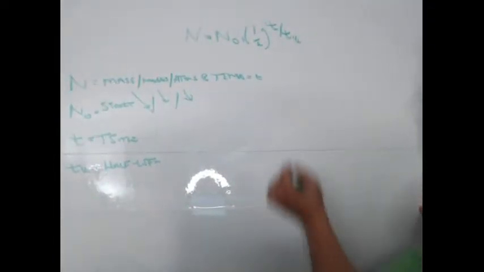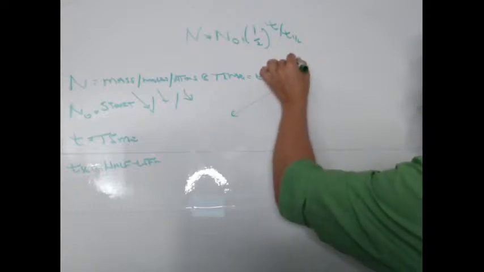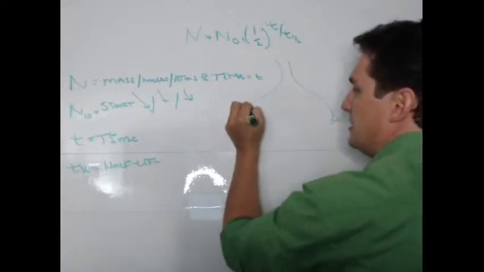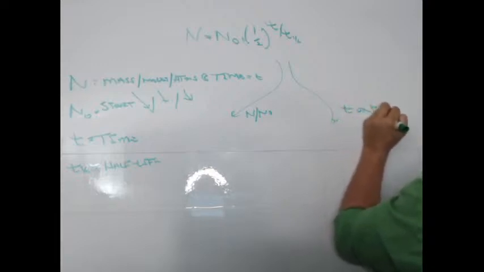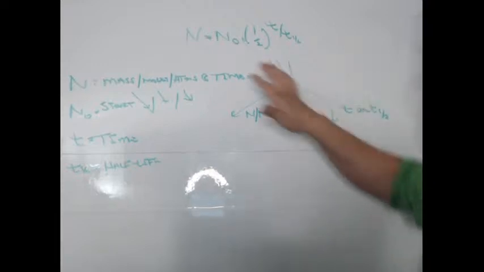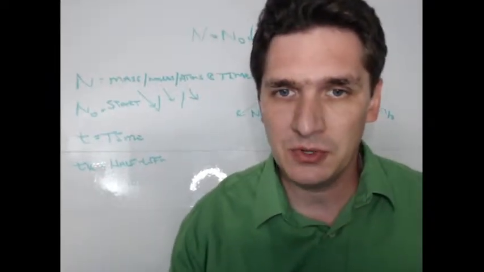So there's two varieties of these problems. One is solving for N or N naught, the other is solving for T or the half-life. A lot of these are just plugging in. So if you look at the half-life problems on the course website,